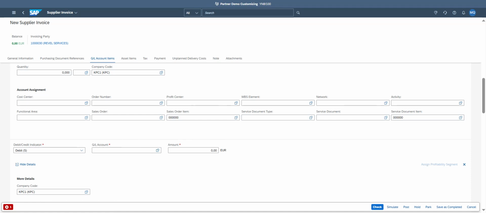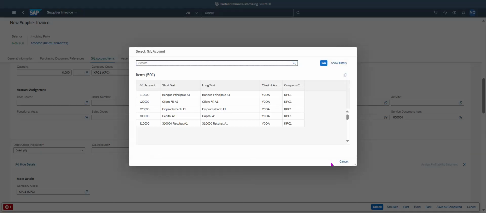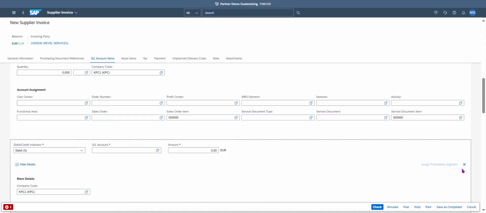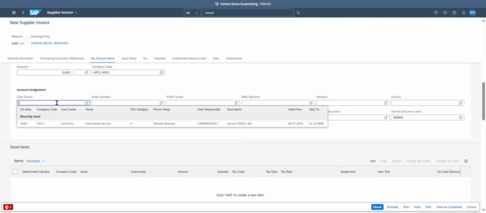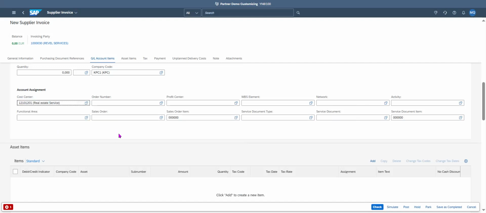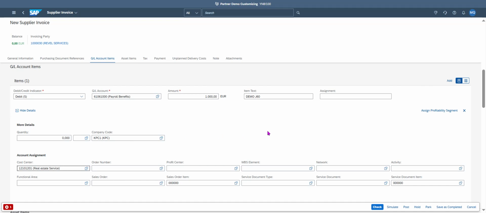So debit, GL account, okay. Any cost center, which one can I select? I think I need to complete the first part. This one, real estate, enter. Okay, if you have any, I click on check. So again, sorry, I do not precisely have to click Add twice. So debit, GL account, show detail, enter the cost center,